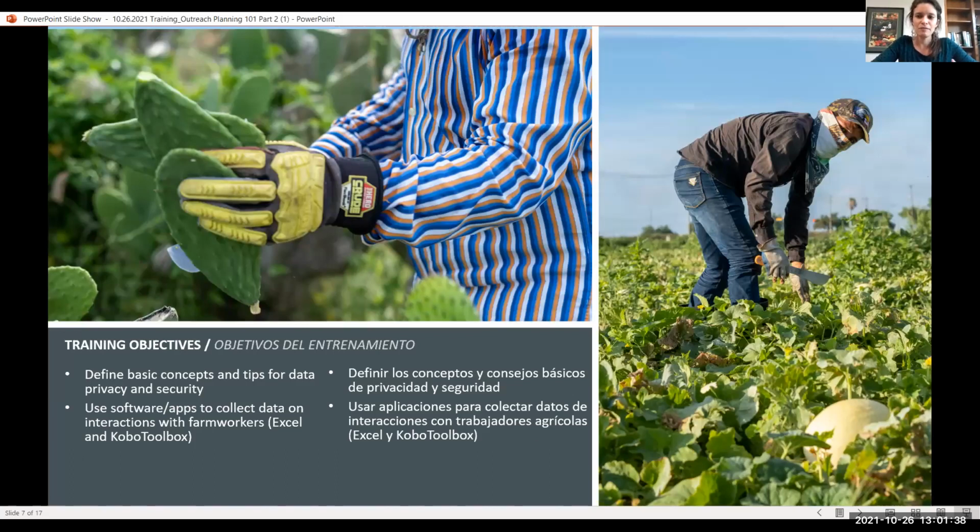All right, so today we really want to cover two main points, and we'll give you a couple of tools for these points. So one is we want to talk a little bit about data privacy and data security. We won't so much focus on HIPAA and health information. We're really going to focus more on knowing where farm workers live and immigration status and some of those other data privacy issues. And then we're also going to cover two different types of software that you can use to make sure that you're building institutional knowledge and institutional memory about where farm workers live, where they work, where